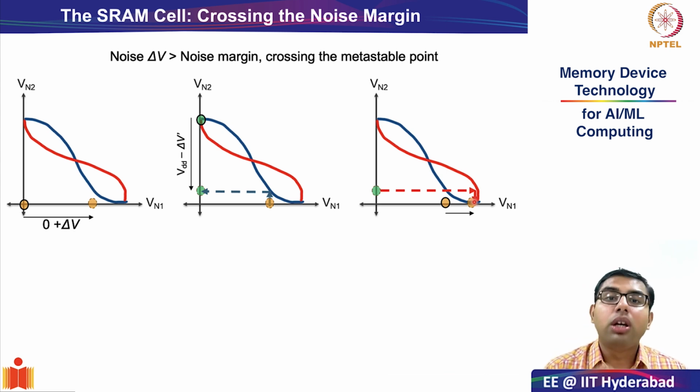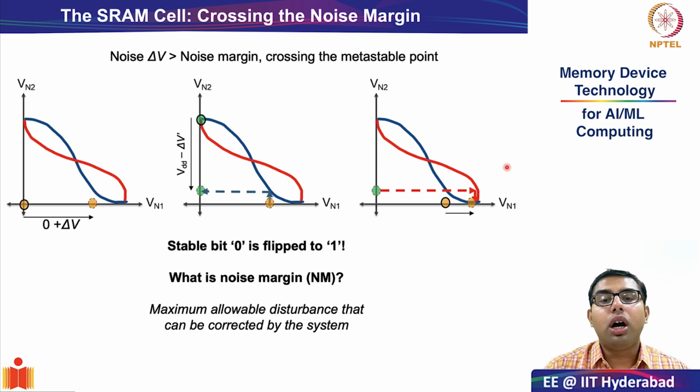Okay, and both these things are very important. Right at the beginning of the lecture, we discussed the height of the barrier or the point of metastability needs to be designed very carefully so that there is some reasonable amount of stability to noise. However, it should not be so high that flipping the value, which is important for write operation, is also maintained. Okay, and this gives you a very good idea or understanding of what could be the definition of noise margin. We are looking at the qualitative definition of noise margin now. Later on, we will quantify it.